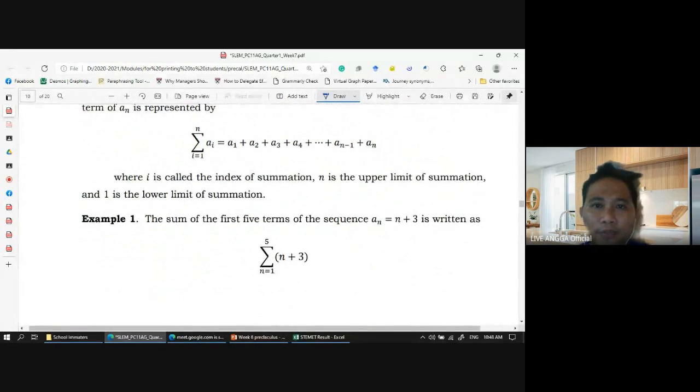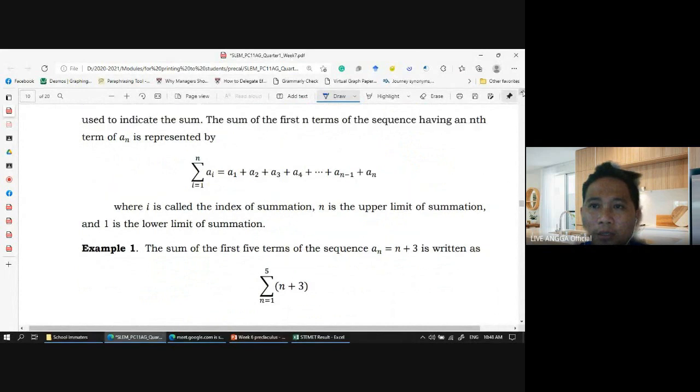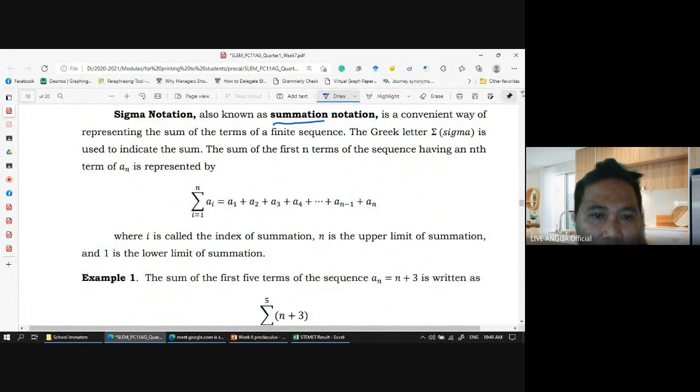Example, we add from a sub i. How do we read this? Summation of